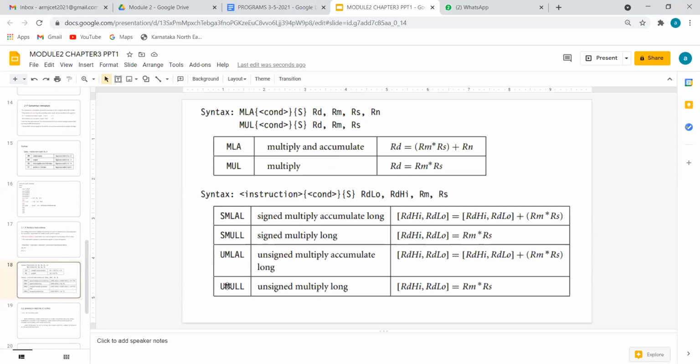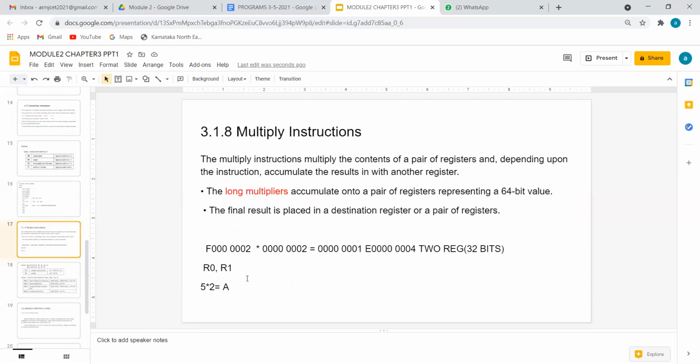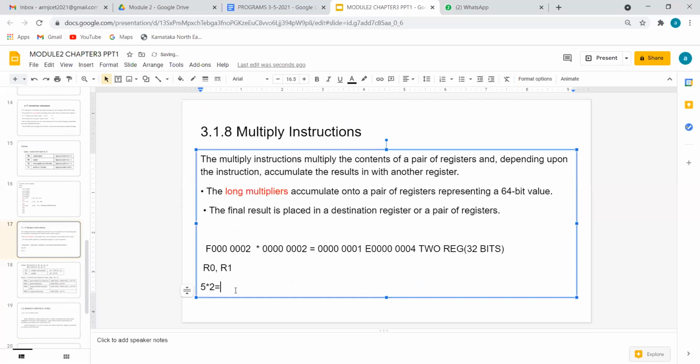Then comes, please concentrate on this. First, let's go for unsigned, because don't worry about this, it's a magnitude. Unsigned means magnitude. If it is 2 into 3, okay, sorry, 2 into minus 3. Let me type here. We have the formula 2 star bracket of minus 3. So what is the answer here? Do reply in the chat box continuously. 2 star of minus 3. What is the answer expected?